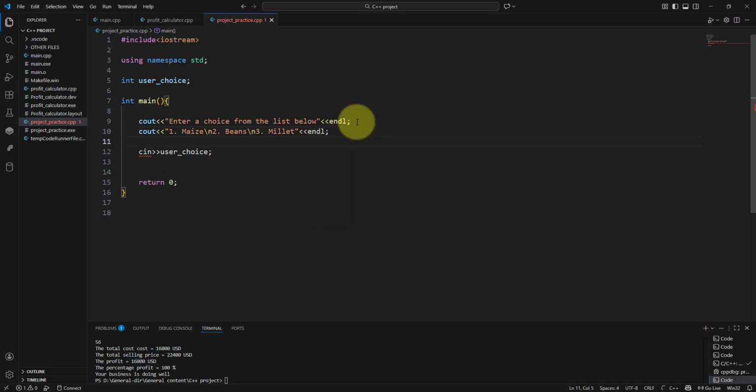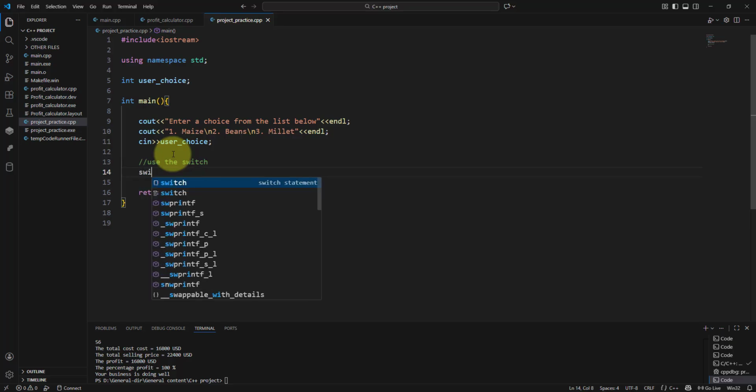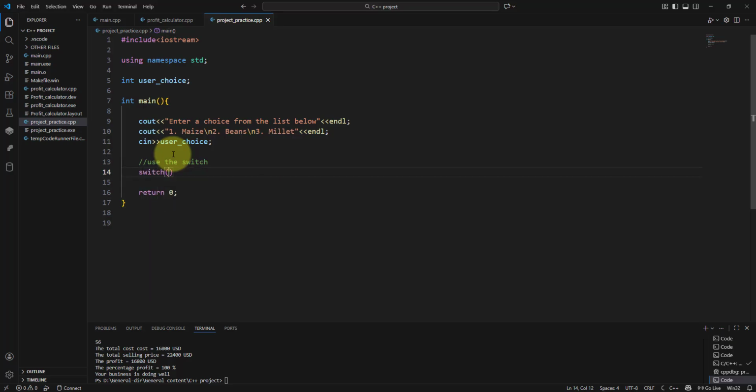So the cin will now ask for the user input, just like this. When the user has entered the input, we shall now use the switch to make decision. Previously we used the if. So to use the switch, we write and say switch. So what are we going to switch? We are going to switch different user choices